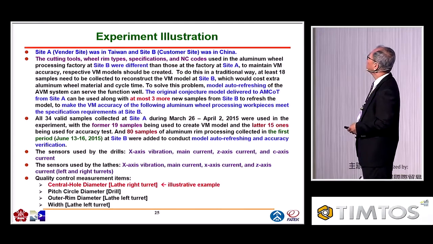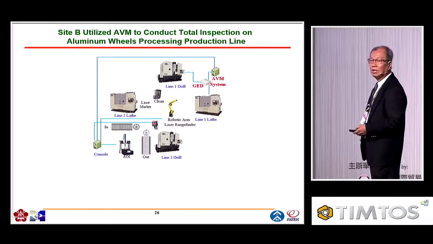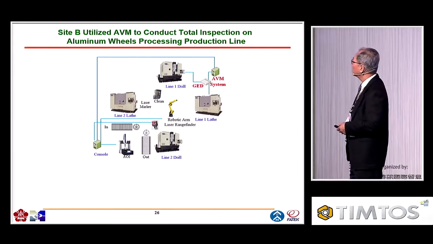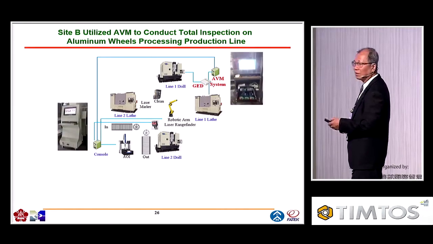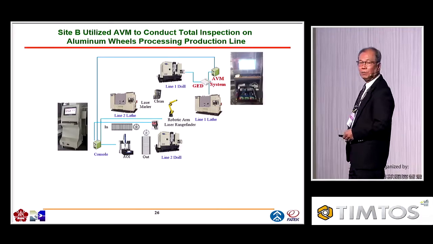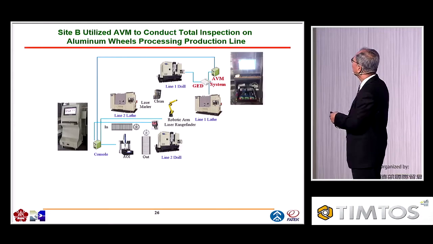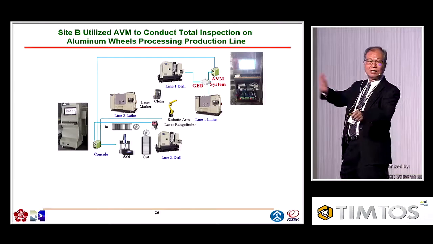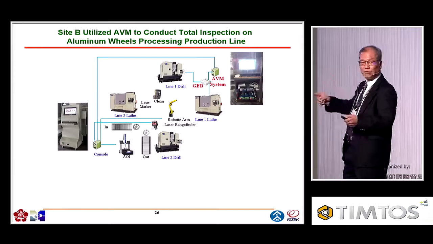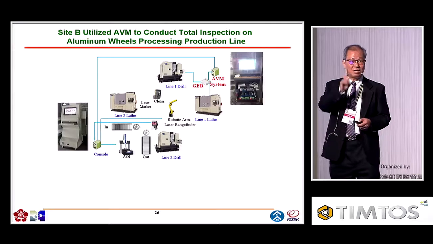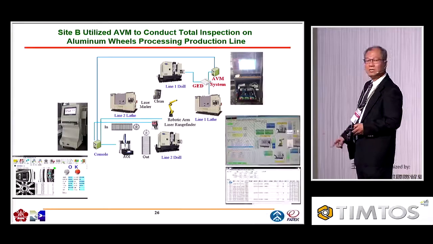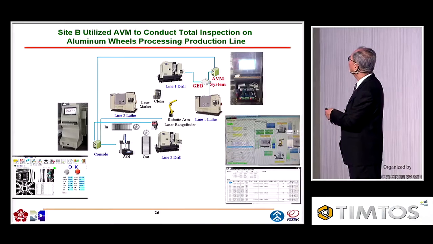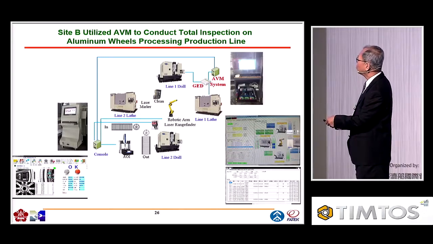So you see the experiment. Let me show you. In the very first period, they have 2 lines to combine together, a drill machine and a lathe machine. Originally they have a wheel process console here, but the AVM console is separate. We just proved that the AVM technology can be used in it. That is the very first period, and of course that is a success. In the second phase, we will merge these consoles into one.